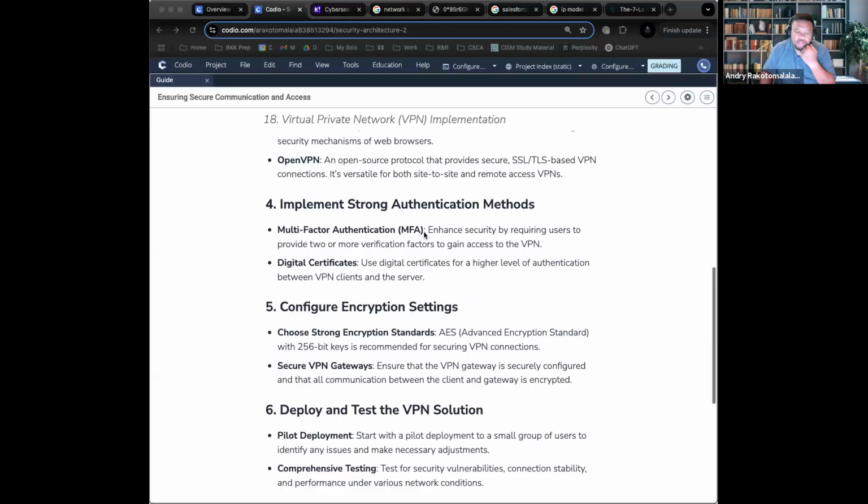Obviously, we talked about MFA. That's important. So digital certificates are what are used for devices to verify each other, verify their identity, and say, "Hey, am I allowed to connect to you? Yes, I am." Or on VPN, where's your digital certificate? Got it. Good to go. A lot of these authentication methods require username, password, as well as MFA. And on the back end, that's where the digital certificates work.